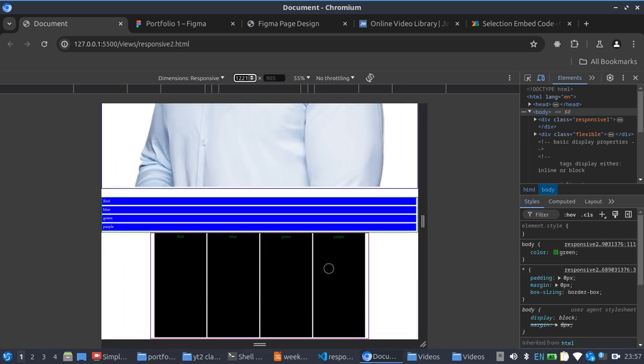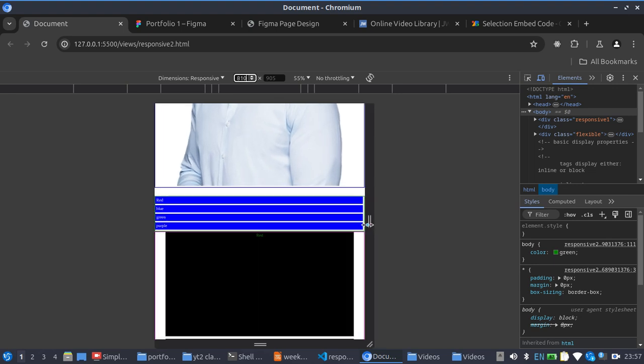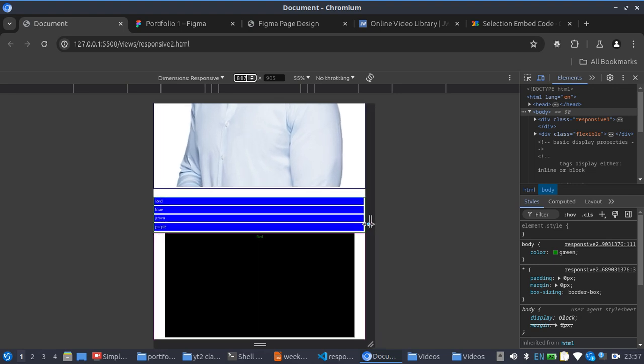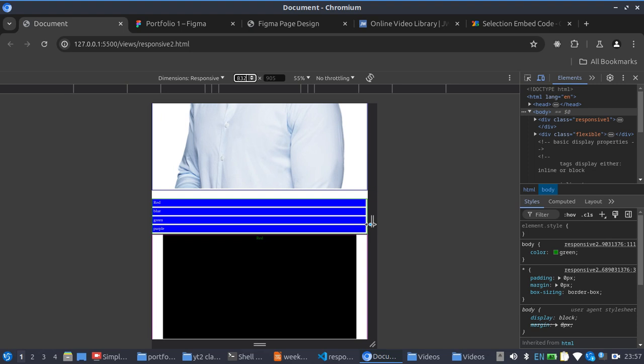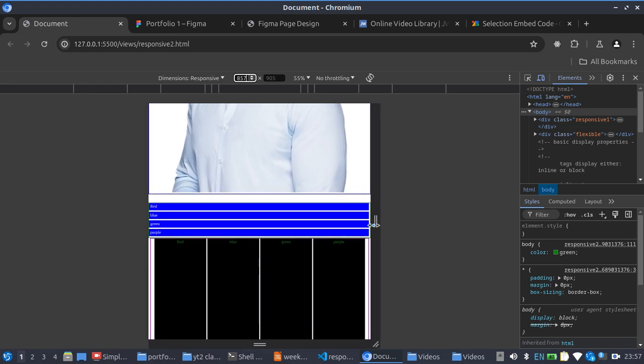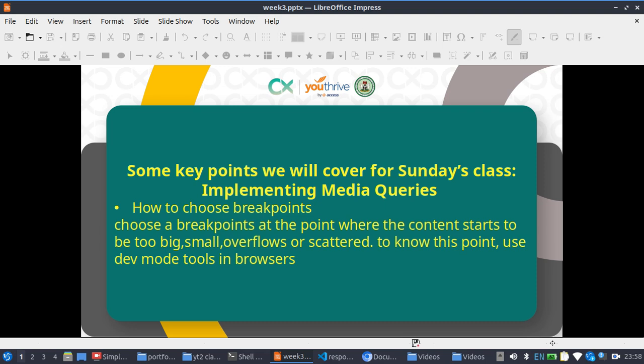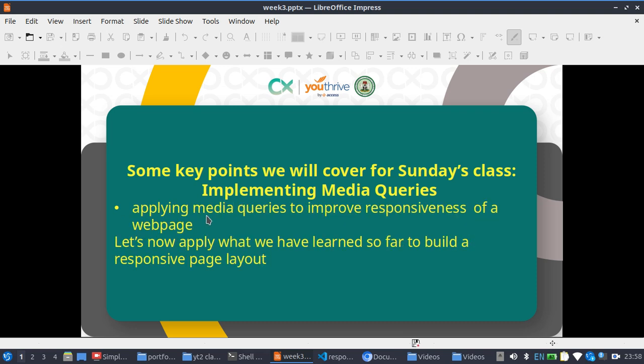So that is it for how to choose your breakpoint. You start to choose it at a point where it begins to get scattered, just like you saw me doing. From 832, that was what we set. So you see I changed. Nice. So the next part of the video is apply media query to improve responsiveness of a web page,